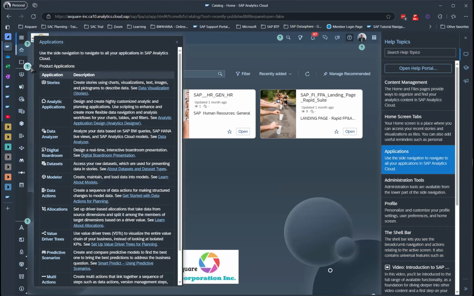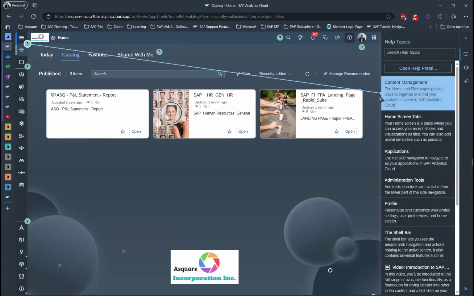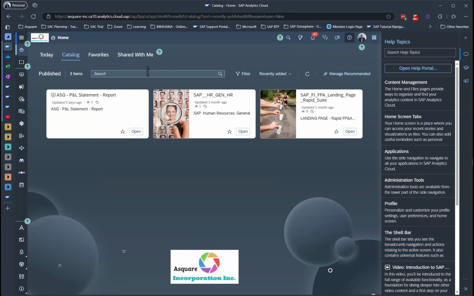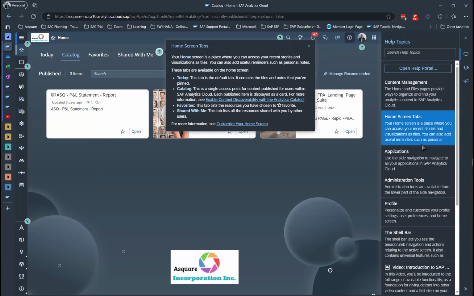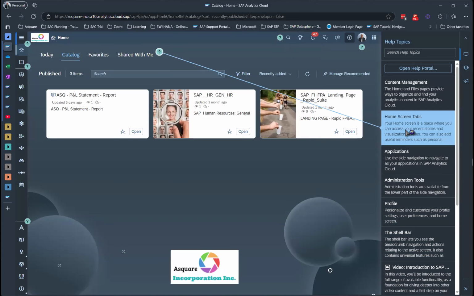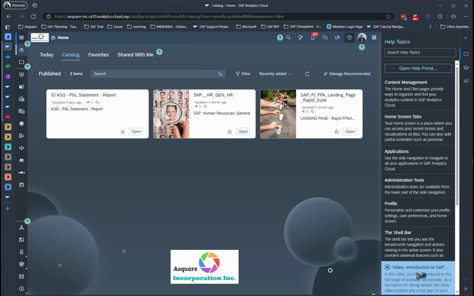So this is a question mark. You will hover over it. You will see what is the story, what is the analytic application, data analyzer, and so on. And then you can hover over from this question mark. So it will show you what are the different functionalities you can have. Then you click on this question mark. What is this? So this is called guided navigation and guided help tour. And then you can have videos also. So you can jump to videos and see what is the different topics covered.